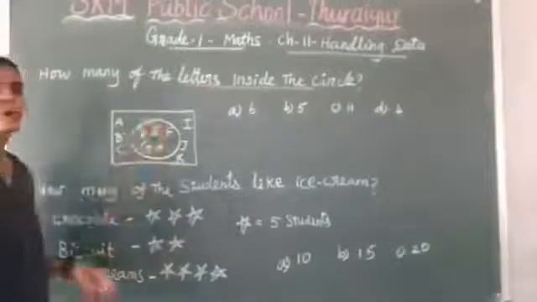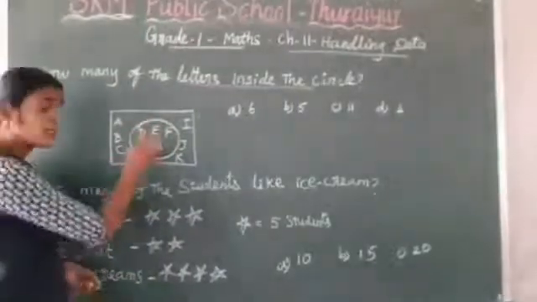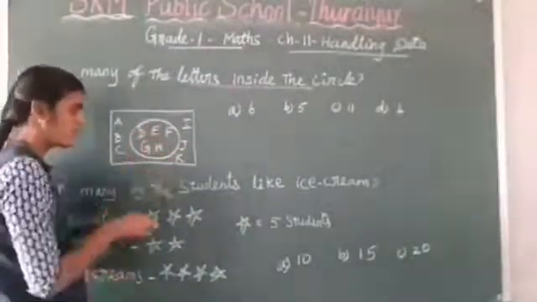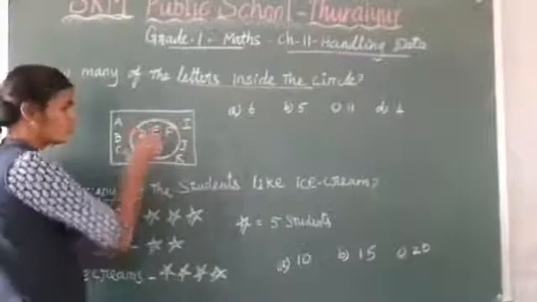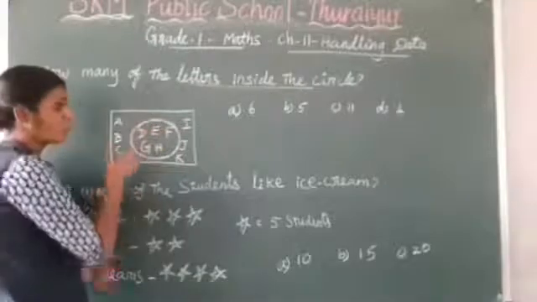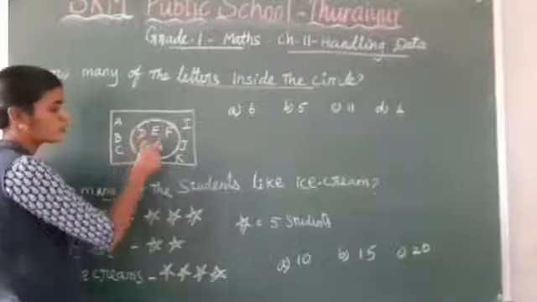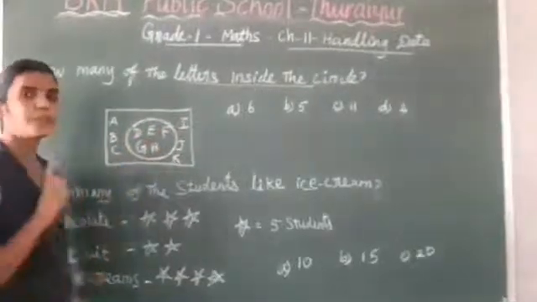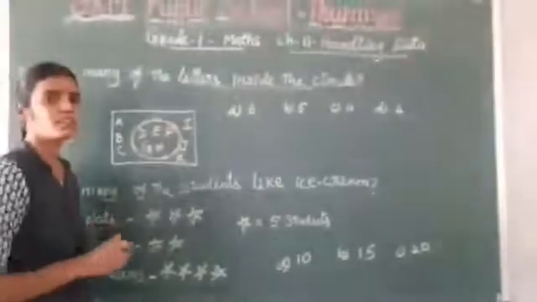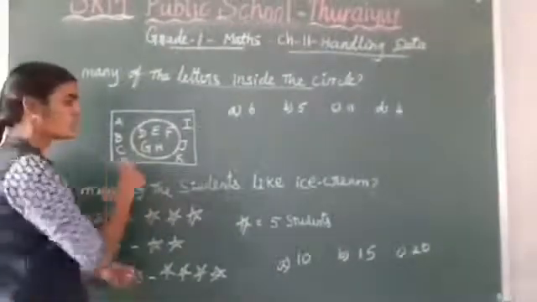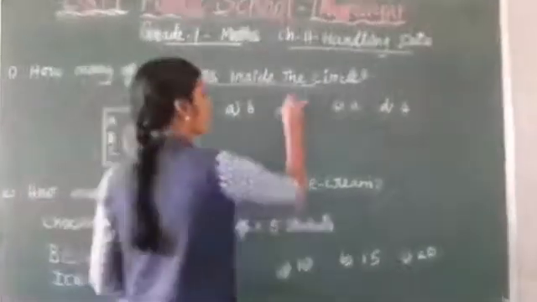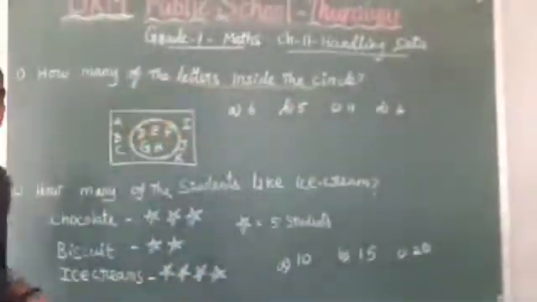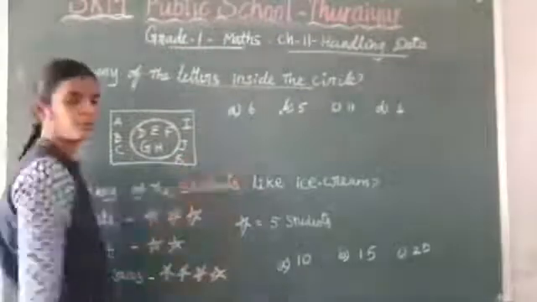Inside how many letters? Inside of the circle, how many letters? So this is the circle, no? Inside means if this is out, it means this. How many letters? 1, 2, 3, 4, 5. So 5 letters inside of the circle. In this answer, where is it in the options? Here, option B. That is 5 letters. Okay, this is the correct option.